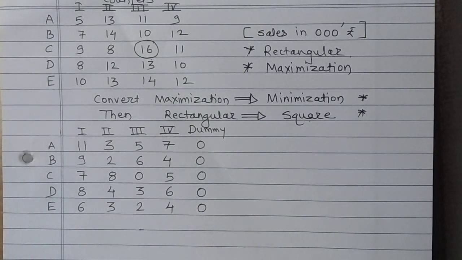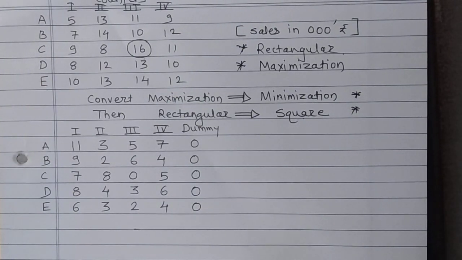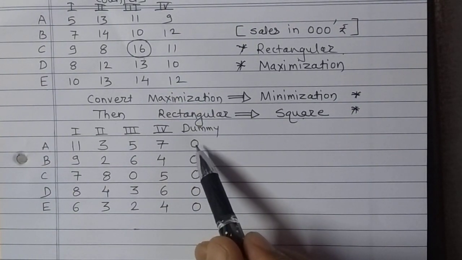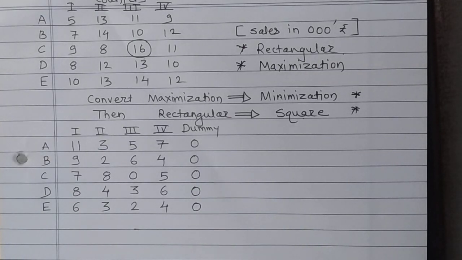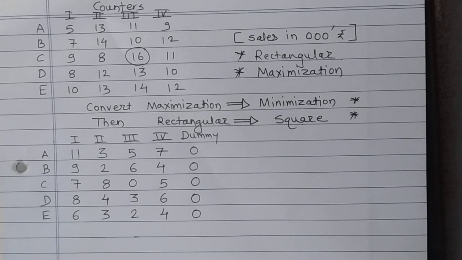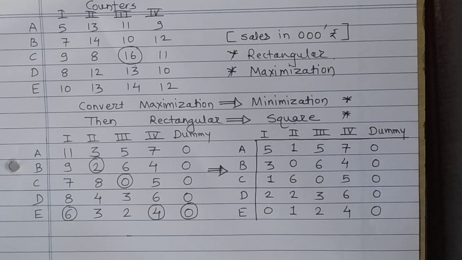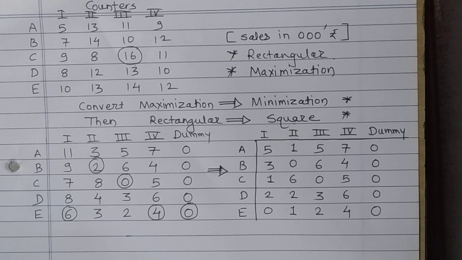Now the very first step is row minimization. As you see, in each and every row 0 is present. That's why after row minimization the matrix will remain as it is. So there is no need to go for row minimization. You can write down that statement. So we will start with column minimization. You can pause the video and check your answers. After column minimization, your matrix will look like this.